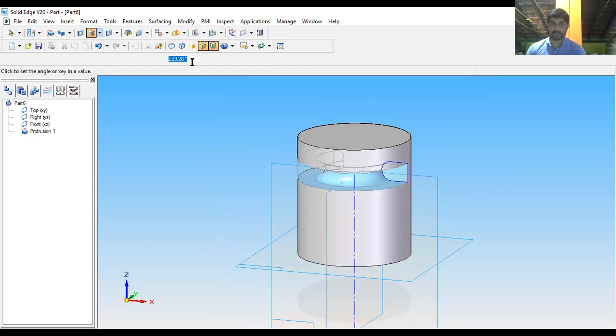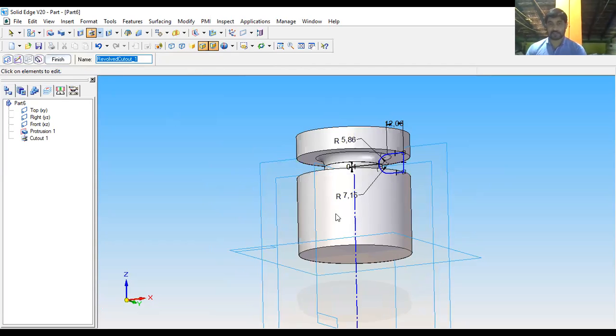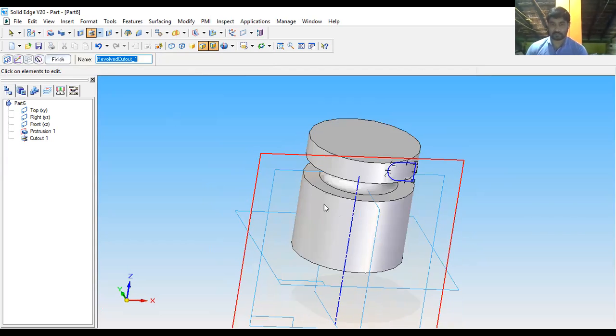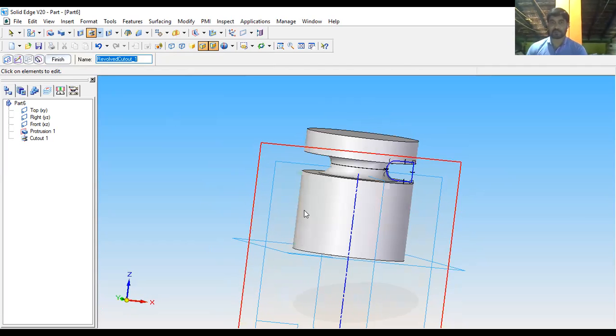I'll give 360 degrees here. According to this section, it will revolve and remove the material. This is about the revolved cutout operation. You can draw any profile you want to make a cutout, and you can make the revolved cutout operation. So next we'll move on to the